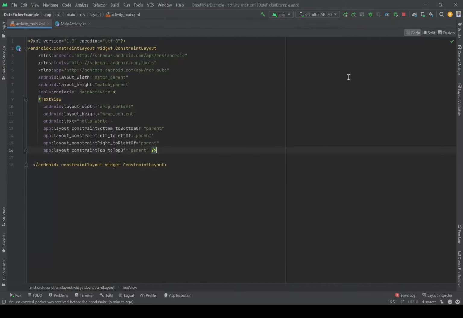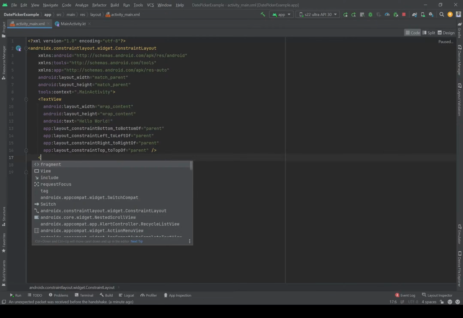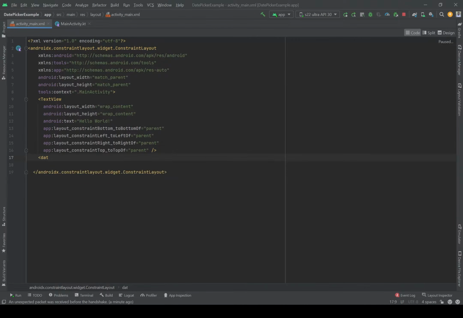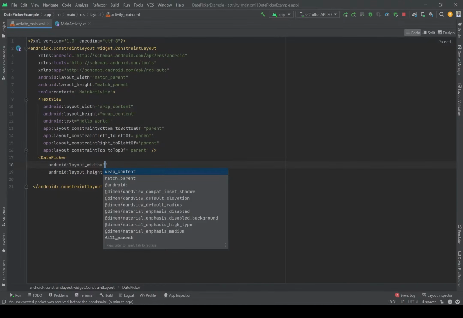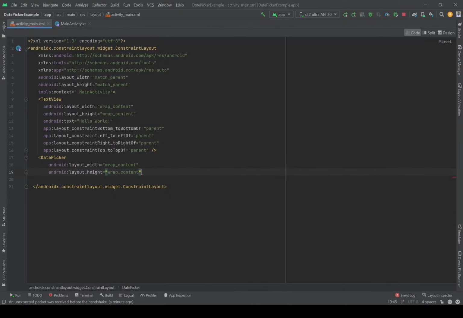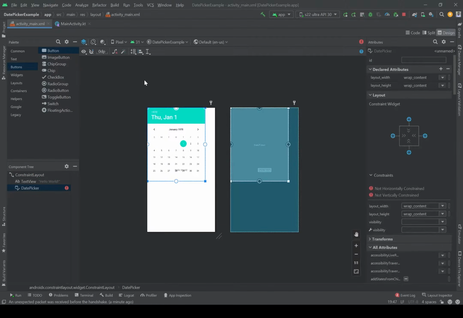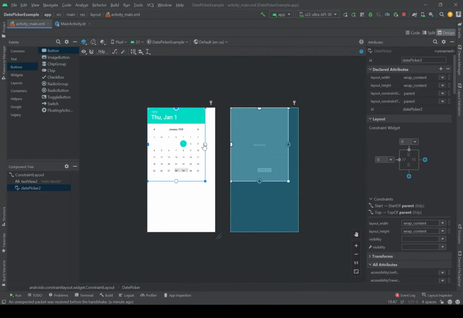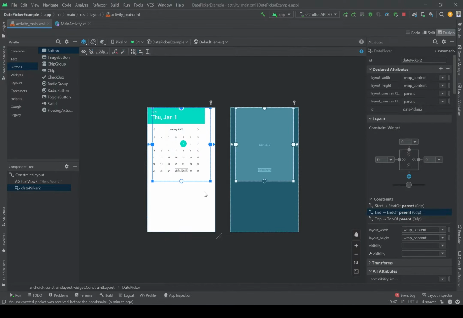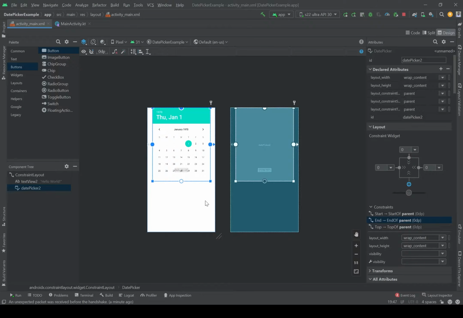Let's go to the code and add a DatePicker. Wrap content, and that's it. Let's connect it to the constraint, and here as well. Okay,